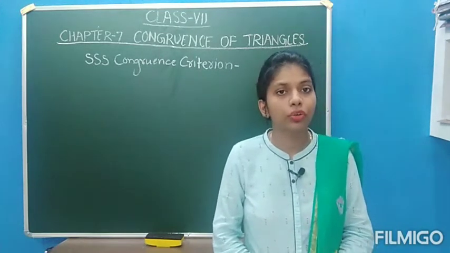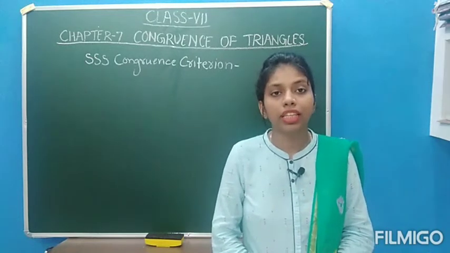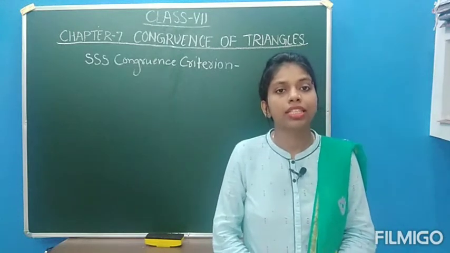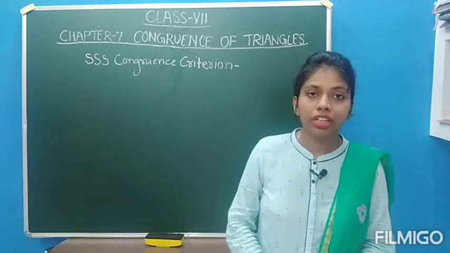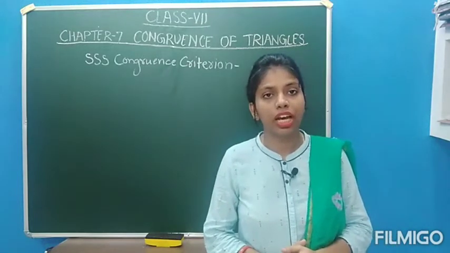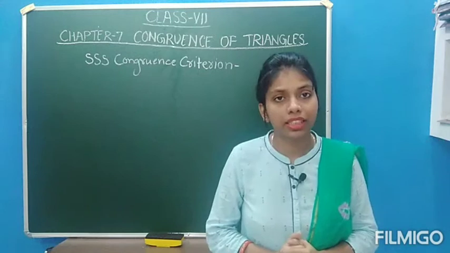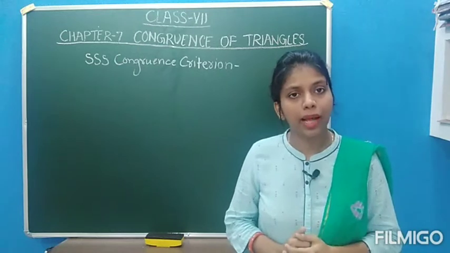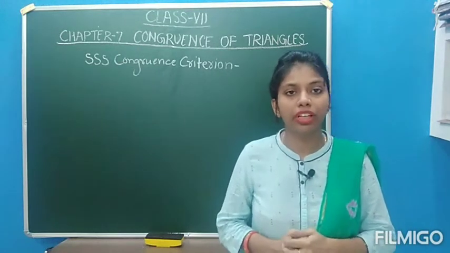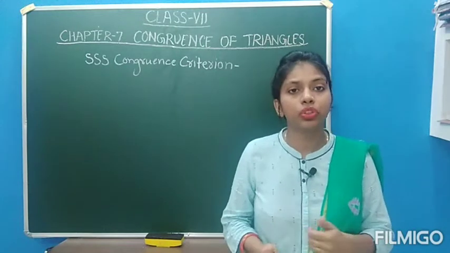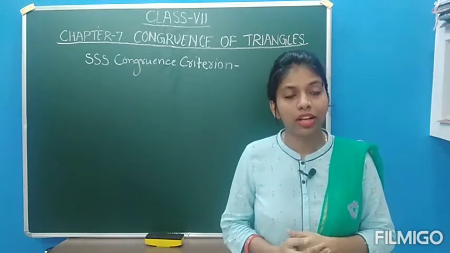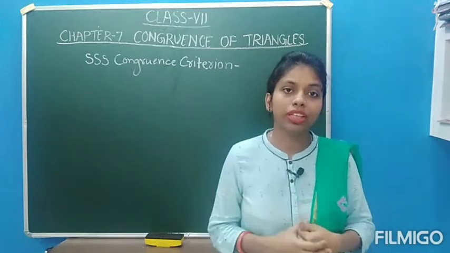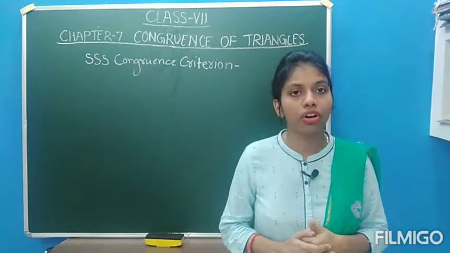Of course we know that two figures are congruent when they overlap each other, meaning they have the same size and same shape. When we cut out two figures and they overlap each other, then we call it congruent. But it is not easy every time to have two triangles in our notebook, cut one of the triangles and use this method of superposition. That's why we need this criteria, to find out whether two triangles are congruent or not.